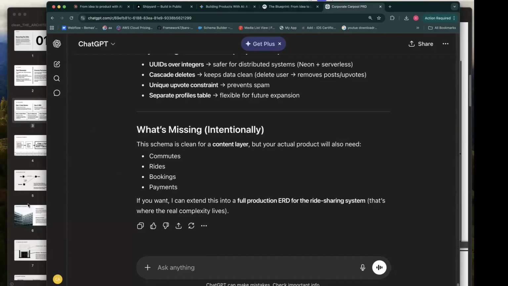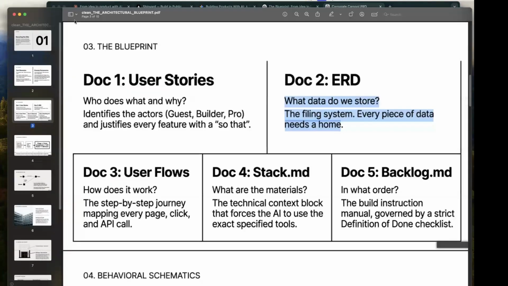All right. Okay, so that's good. Next step. Next step is we have the PRD, we have the user stories, we have our ERD. Next step is the user flow, right? So the user flow documents